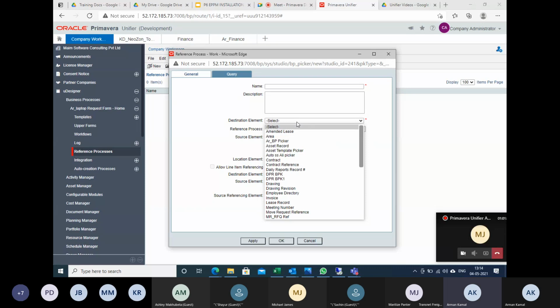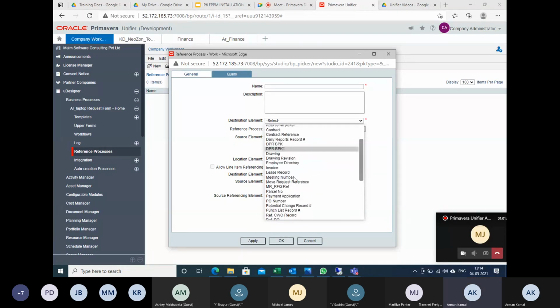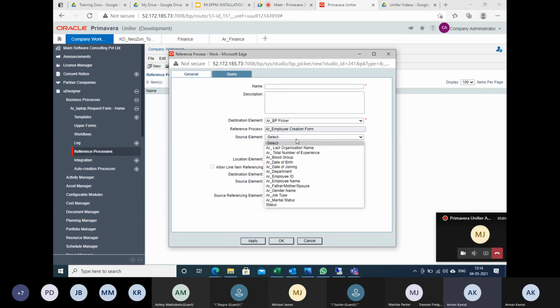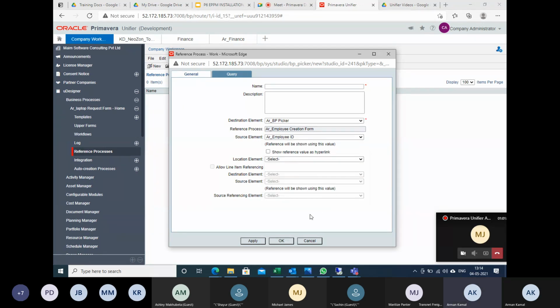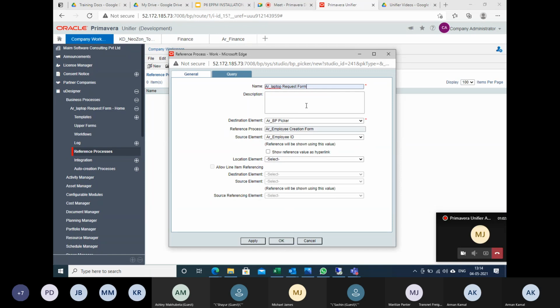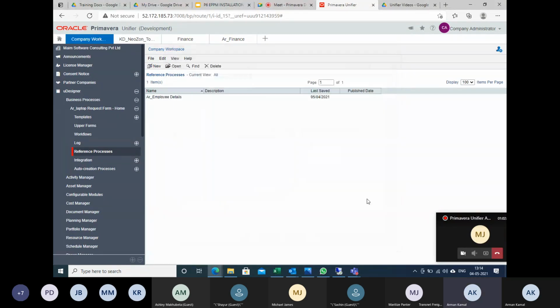I will select the reference as a picker, and I need to select the employee ID. Through the sourced element employee ID, I will try to search that. I will click OK. I need to put some name, or I'll put employee details, AR employee details. I will click OK.